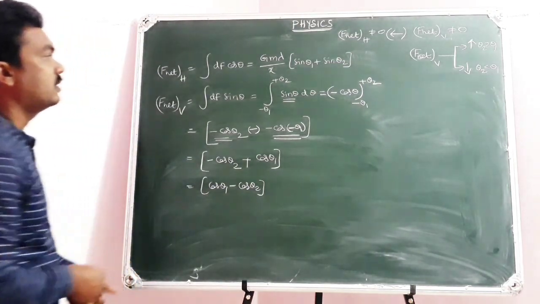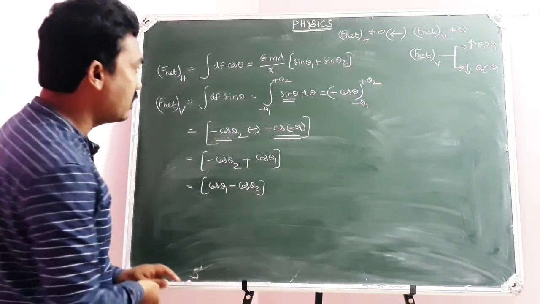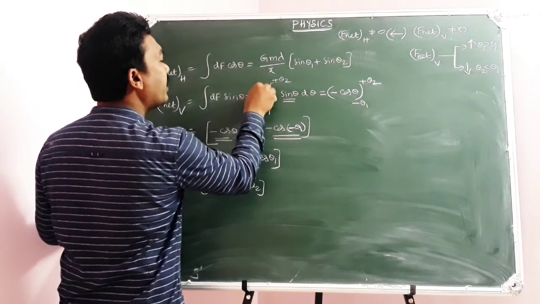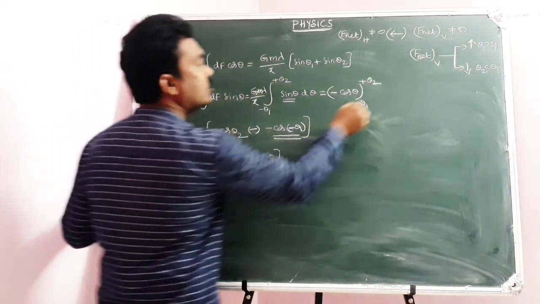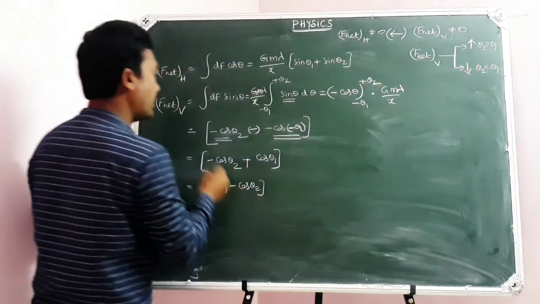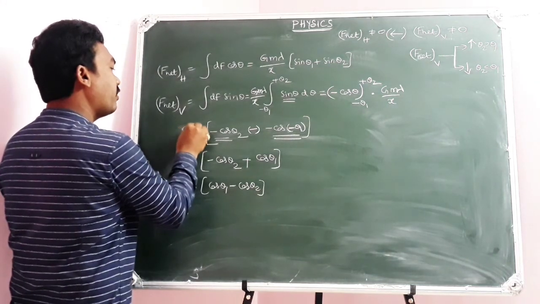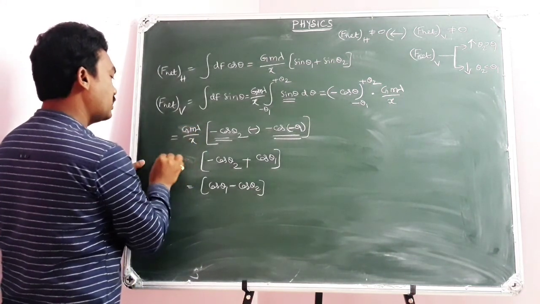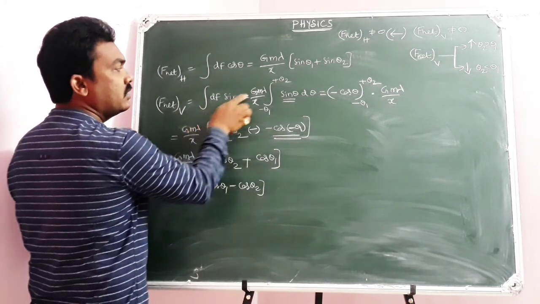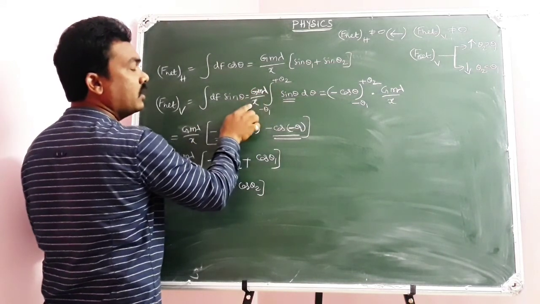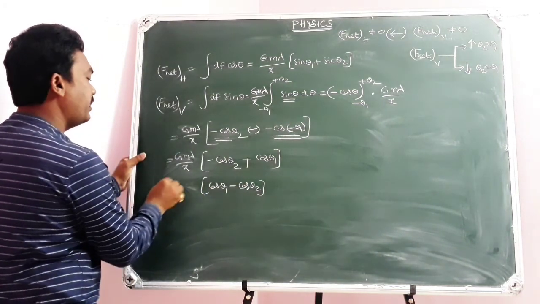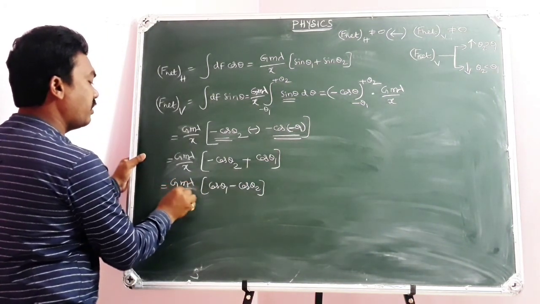One minute, just a minute. Here you will have the constant terms, I forgot. When you simplify this, you will have G M lambda by x as it is, that will be left like in the earlier case. So G M lambda by x. Here also it is G M lambda by x. When you integrate df sin theta, these constant terms will be left as usual. Like in the earlier integral of cos theta, you will be left with integral of sin theta. The remaining terms will remain the same, G M lambda by x.